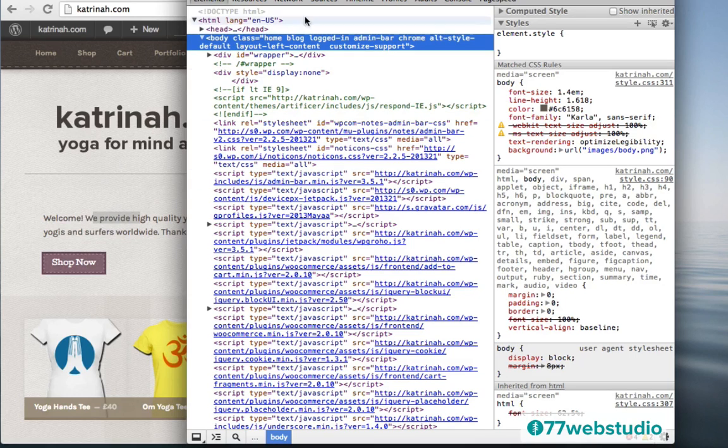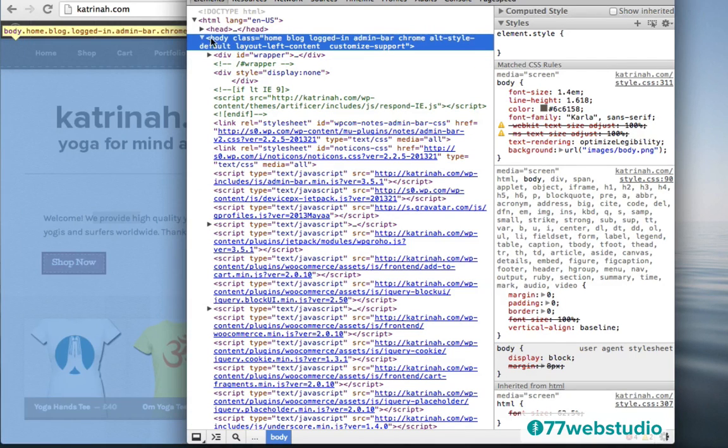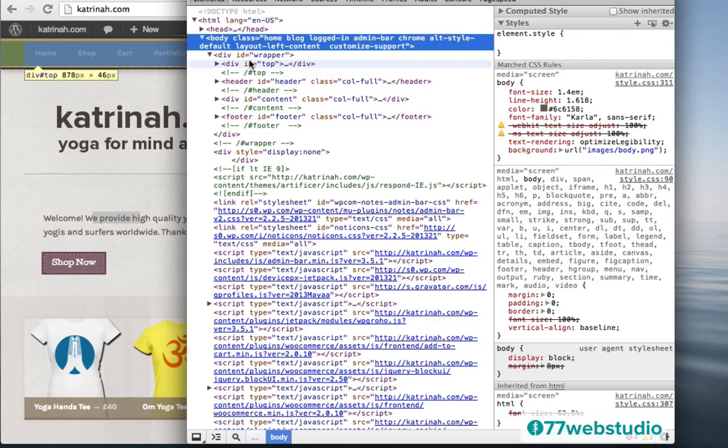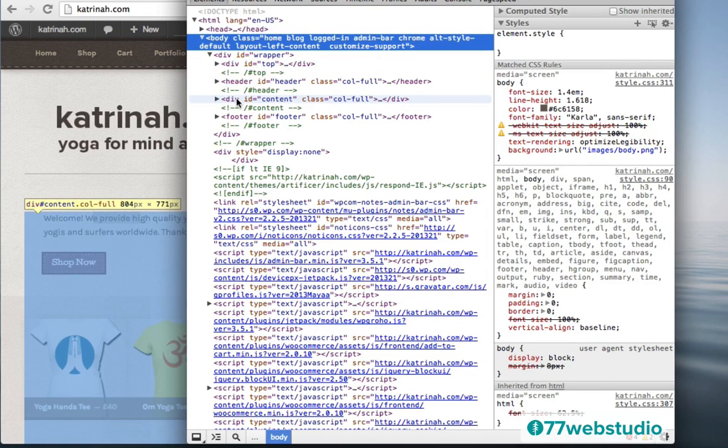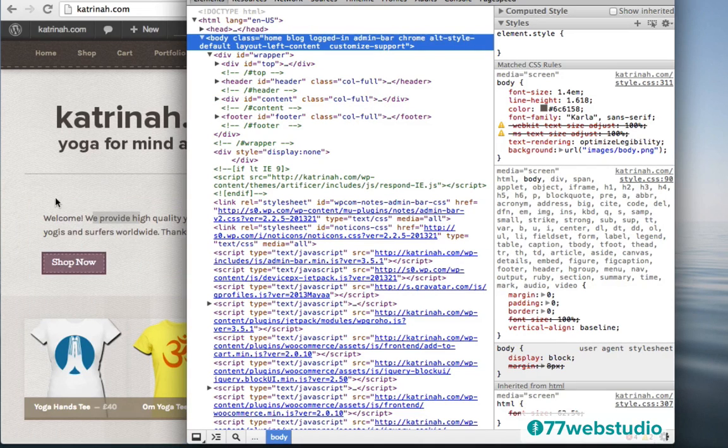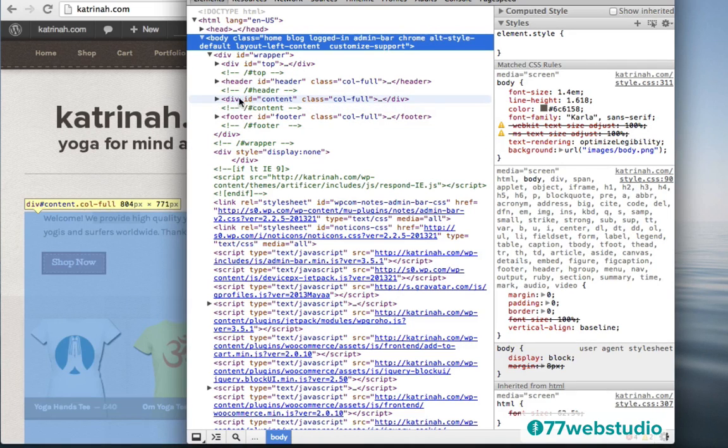So to find that code, you can see here on the left-hand side, you can click on these little markers here. And when I click on this one for wrapper, you'll see that I get another drop-down list. And now when I hover over each one of these, you'll see on the left-hand side it's being selected. So here's the top, and we can see that is being highlighted on the left-hand side. And then here's the header, and then here's the actual content. So we can see that the section that I want right here, this description paragraph, is selected when I hover over the content code right here in Inspect Elements.